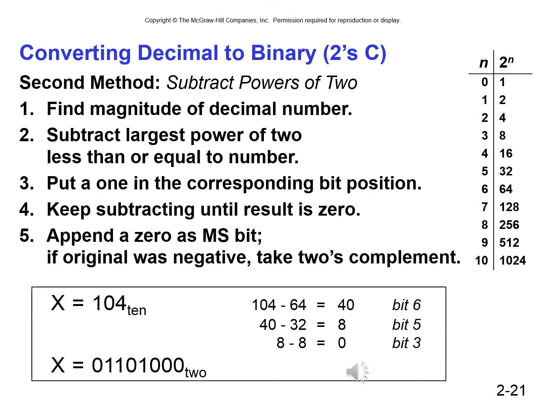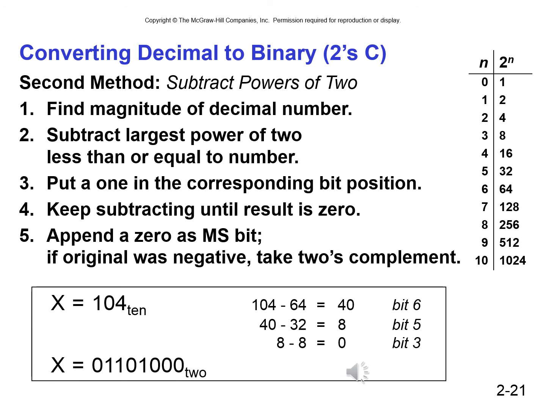The next method of converting a decimal to a binary 2's complement number involves subtracting powers of 2. So we start again with 104. Find the magnitude of the decimal number 104. If it were negative, we'd still use 104, and then we'll flip the bits at the end and add or take the 2's complement. So in this example, you have to find the largest power of 2 less than or equal to the number. So